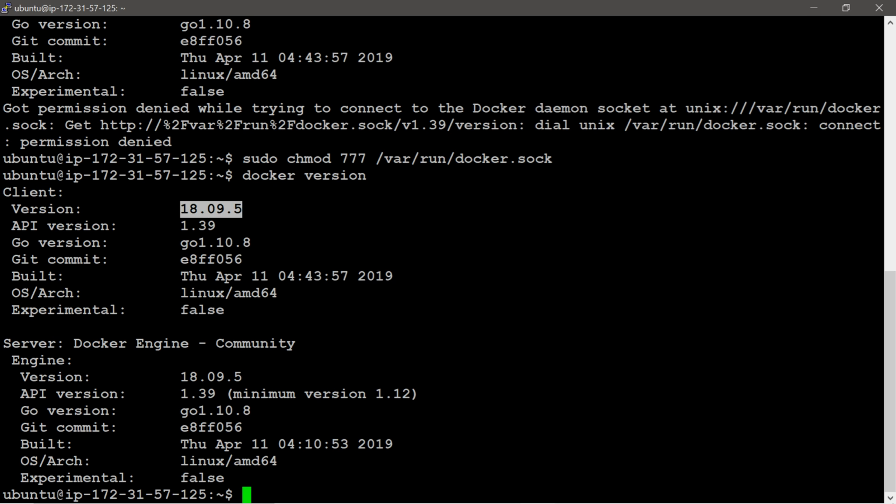Then all the information is provided: git commit IDs, OS architecture, everything is shown by this docker version command regarding client and server versions.